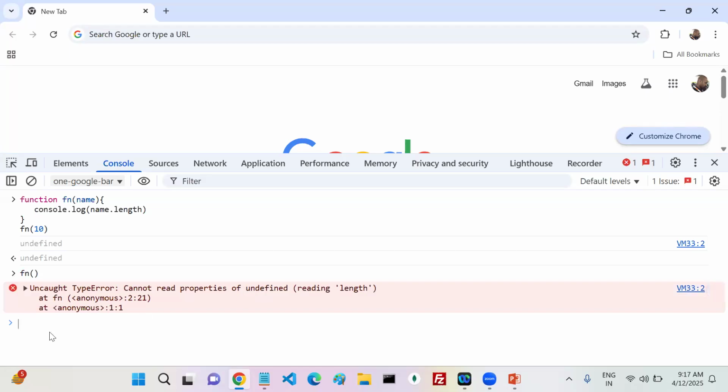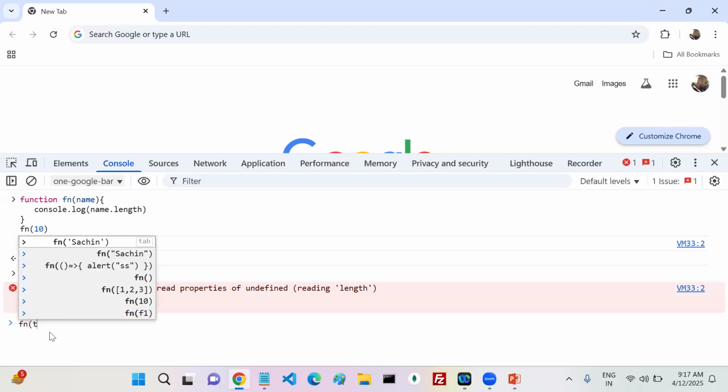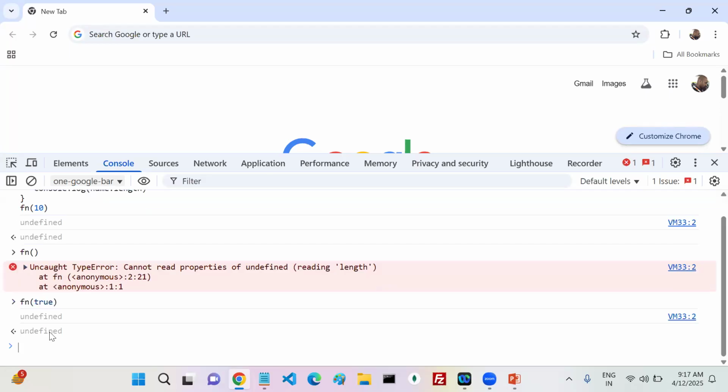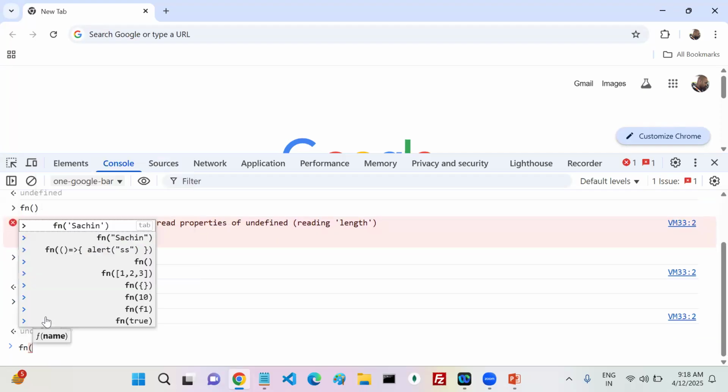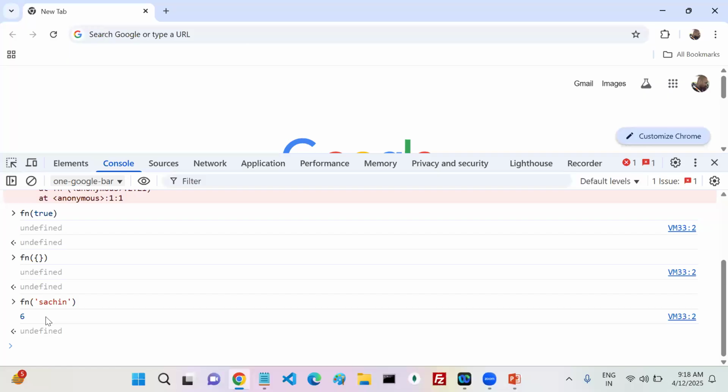If I write something like this, true, it gives me undefined, no value. If I write like this, it gives me undefined, no value. If I write a search string, or 1 2 3, then I'm getting the expected output.